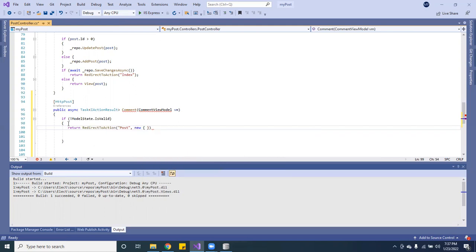And this one, you have to pass the ID and make that equal to the post ID. So you got to make it equal to that post ID. Then you want to do